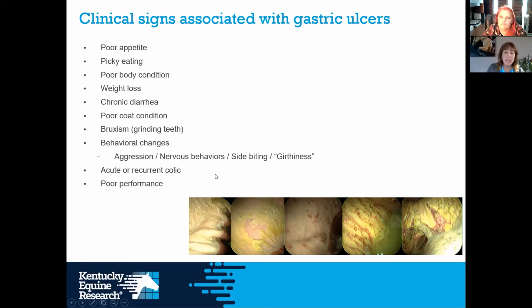And these pictures, I must say, I stole these from a presentation by Dr. Ben Sykes, who's an Australian veterinarian and researcher and one of the leading experts on gastric ulcers in horses. And he's got some excellent presentations available on his Facebook page, actually. But this is